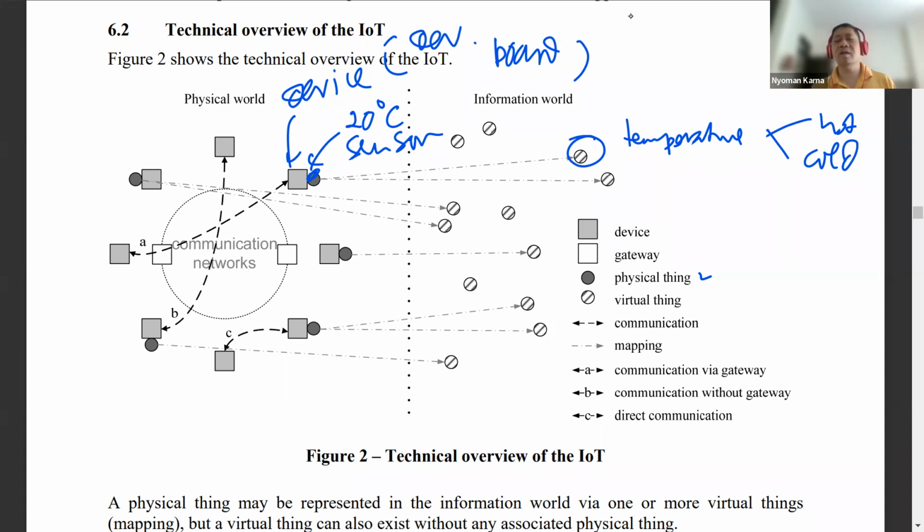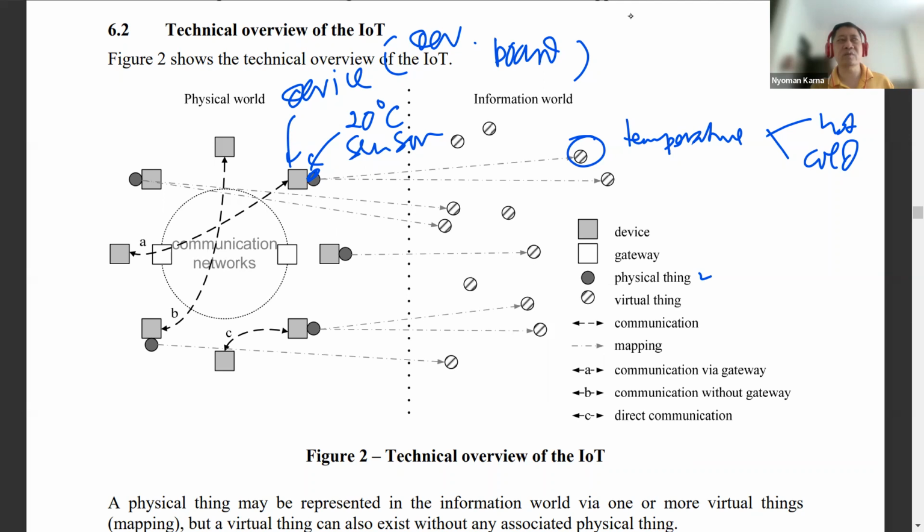Something that will tell the sensor, okay, now is the time for you to get information from the information world and make it quantifiable, so I can measure in which degree of Celsius the information from the information world is. So the IoT device is the one who controls the sensor.